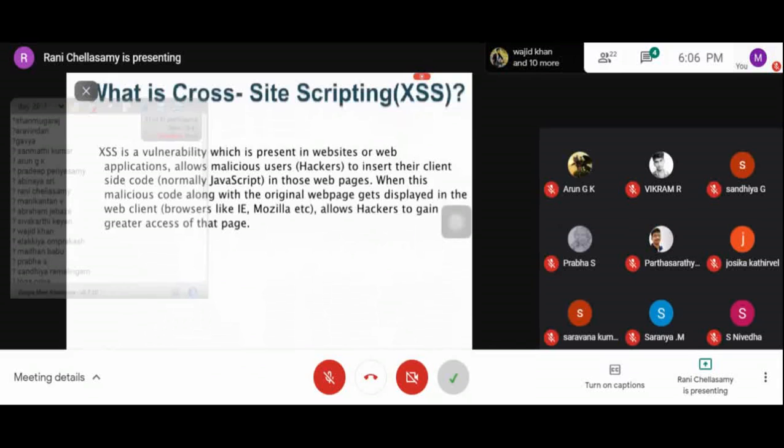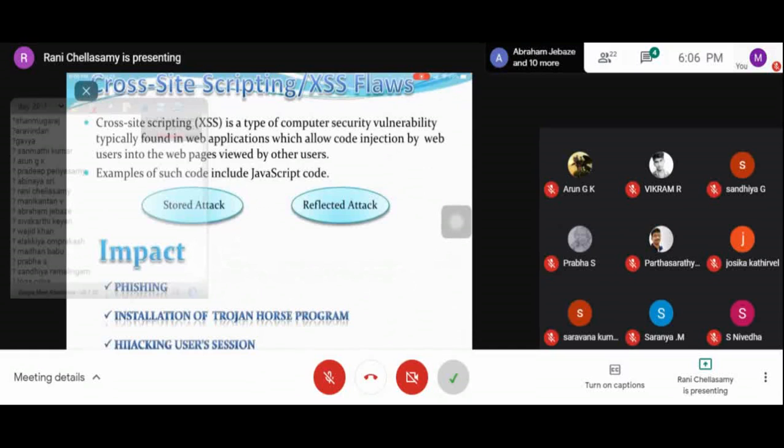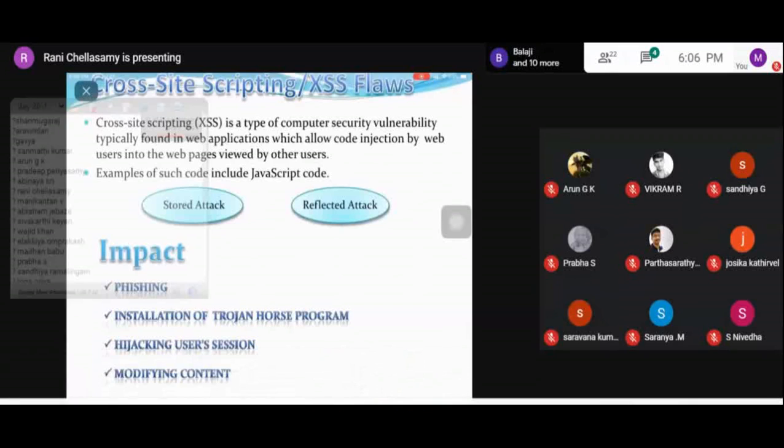So this is one such vulnerability which is present in websites or web applications. What the hackers do is insert their own client side code, which is written in JavaScript, into the web pages.